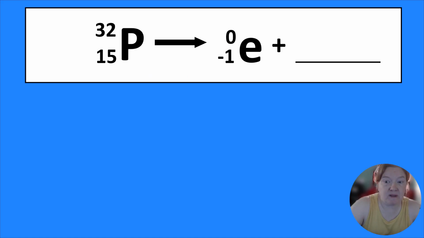All right, sometimes you have something like this where you just have to fill in the blank. So you didn't need to know that this was beta decay. They gave it to you. So you just have to figure out what goes on the top, the bottom, and the symbol. So again,